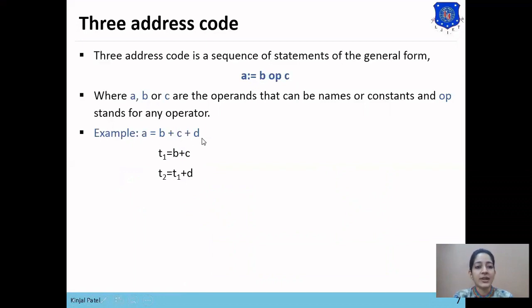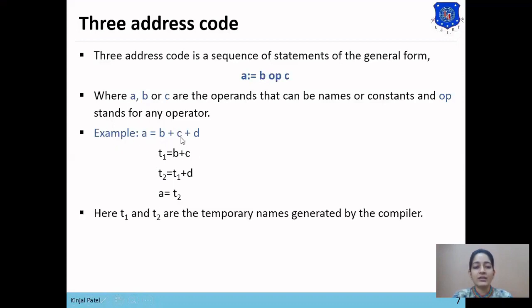So the right side expression B plus C plus D has been performed and the value has been stored in T2. Now we want to move this T2 value into the A variable. So next expression is A equals to T2. So this is the three address code for A equals to B plus C plus D.